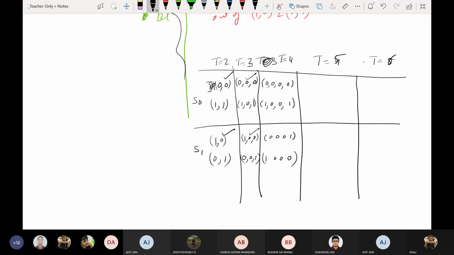Agreed? So here again, I have to choose out of 4 possible paths instead of 16 possible paths. Yes, sir. So instead of 4 possible paths, I choose these. And next stage, out of 30, instead of 32, I will have to choose out of 4.